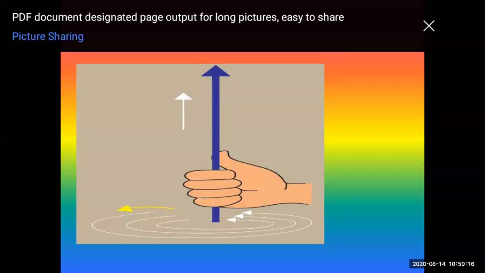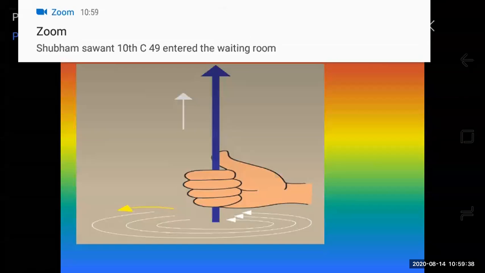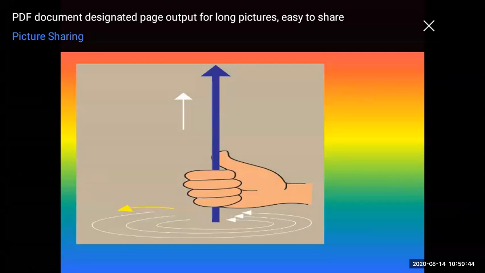Now you can see in the diagram how it is shown that the person is carrying what? A conductor, and the thumb is in the direction of the current. Okay. And the other four fingers, which are turned around the conductor, show the direction of nothing but the magnetic lines of force produced by the current. Okay, so that is called right hand thumb rule.